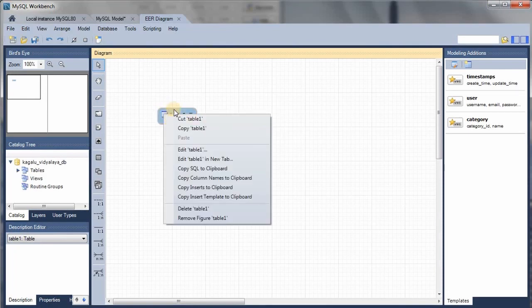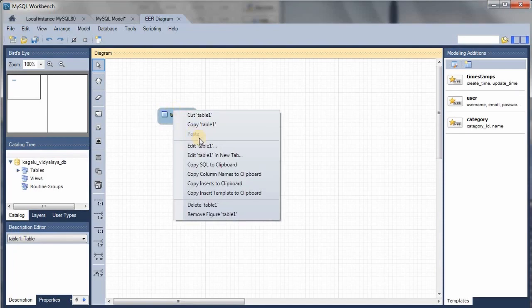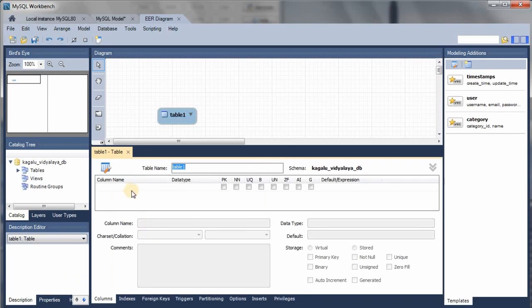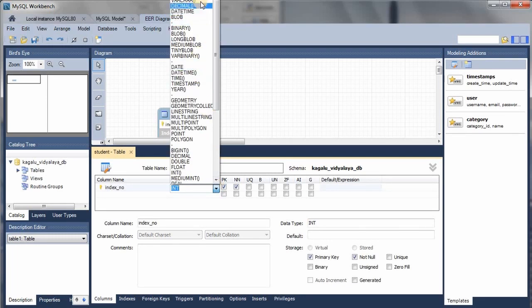Here I'm going to right click on the table we created and press edit table 1. Here's the edit window, and I'm going to rename table 1 to student. Okay, here's the first attribute, index number, with the data type of varchar and character length of 10.